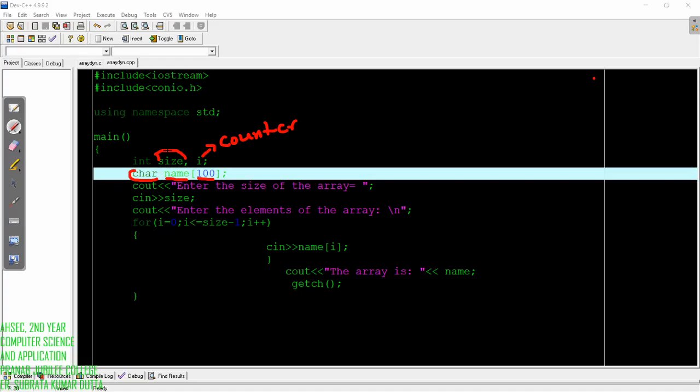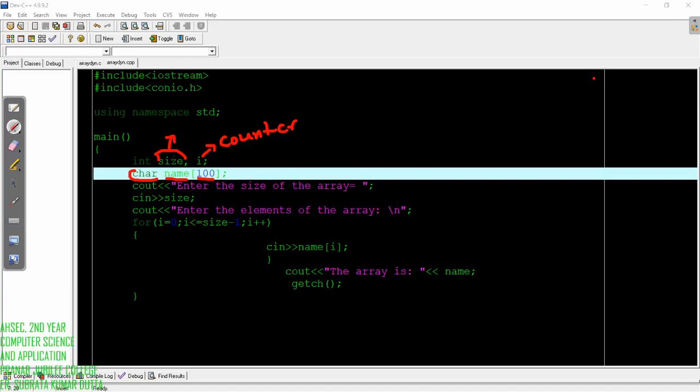He can enter any number of elements from 1 to 100. He cannot exceed 100, but he can enter any number up to 100. That means 5, 6, 50, 60, 78, any number of elements less than the maximum size. Whichever number of elements he wants to enter, he gives it within the size variable.